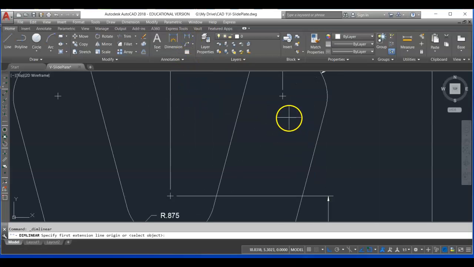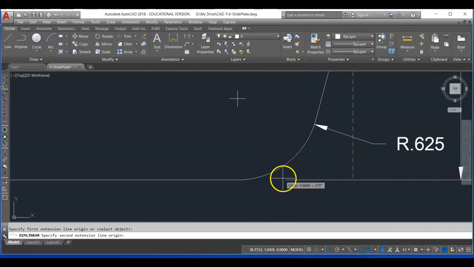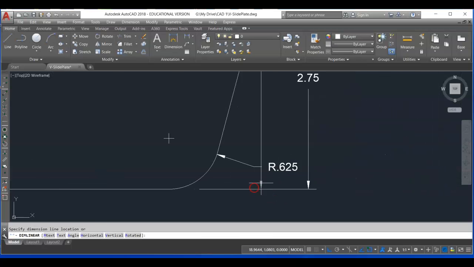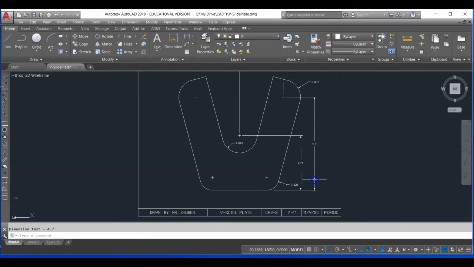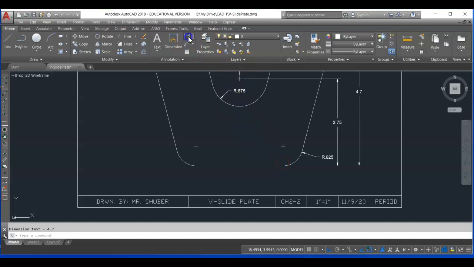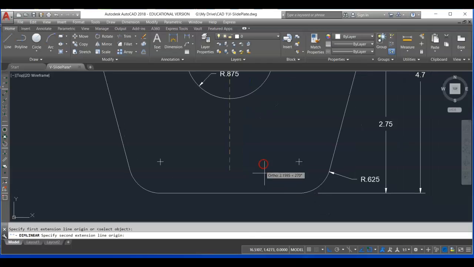Okay, so it takes a little bit of maneuvering there, but you can get it to where it looks nice. So I'm going to snap here, and this one is all the way at the bottom again. I'm going to snap to here. I'm going to snap to that extension line so I can use that extension line. So I want that gap down here. I want those lines touching it. All right, I have another linear dimension at the bottom. We're going to go from here to here,